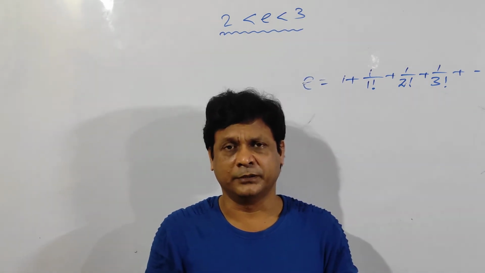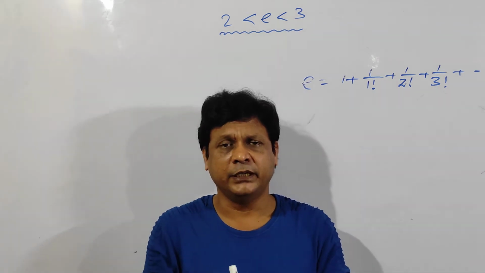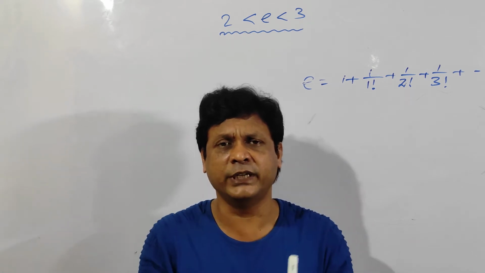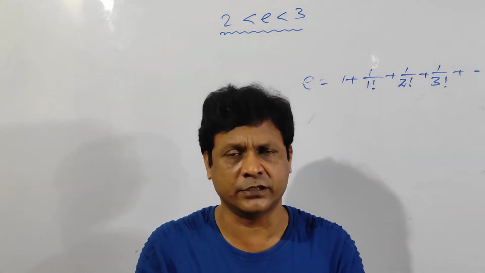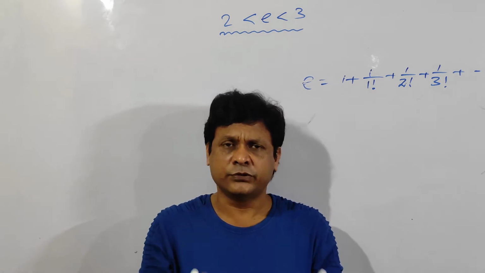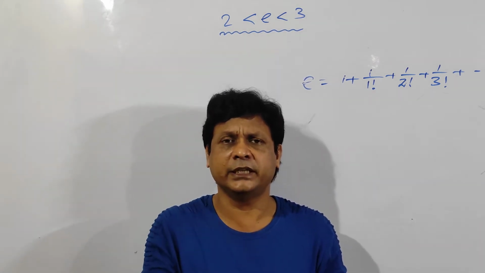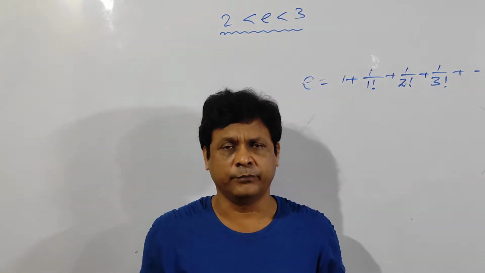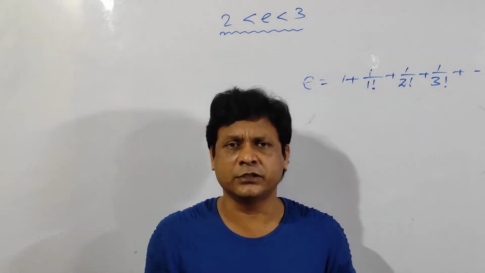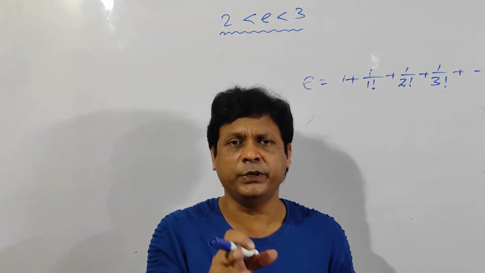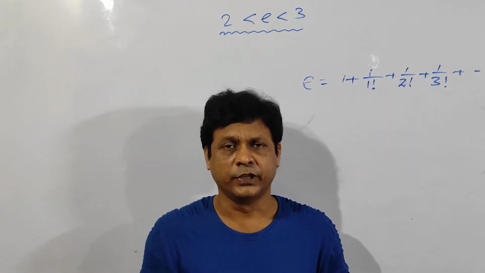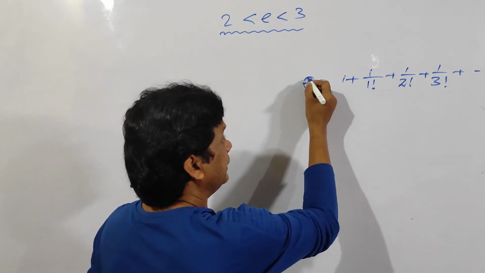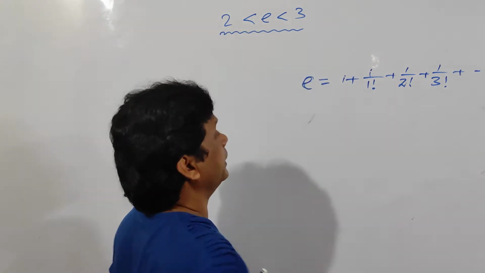The value of e is 2.71. It can be found by a different formula, in which a scientific calculator or computer is necessary. This is in the practical. That means in math practical, we have to find out the value of e, or by the help of numerical analysis also you can find it out. But for that, a scientific calculator and computer is necessary. But here we have to prove by the help of this series that e lies between 2 and 3.